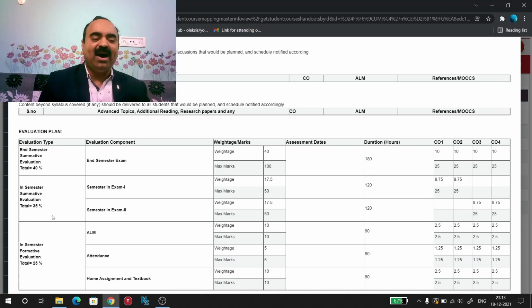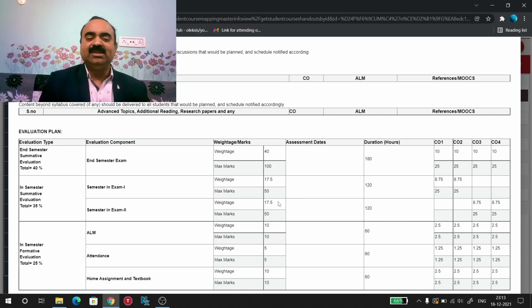Out of 60 marks, 35 marks will be awarded to you through Semin 1 and Semin 2 examinations. You will be writing Semin 1 examination for 50 marks and Semin 2 examination for 50 marks, whose marks will be taken for 35 marks in total.